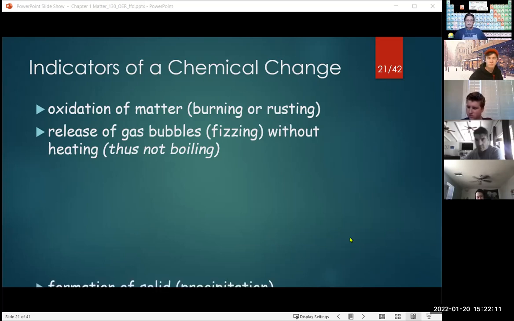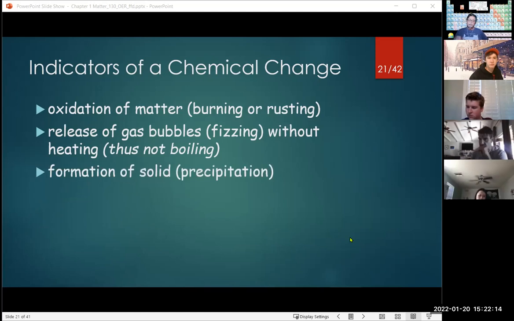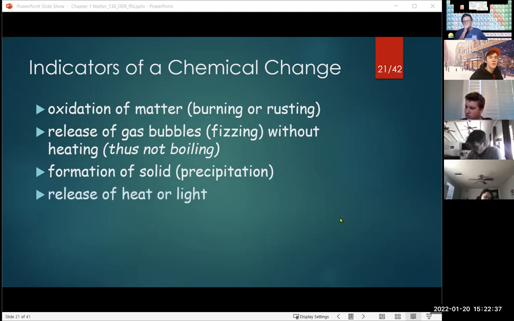Chemical change. You might get two liquid solutions that are clear. They may be colored or not colored, but they're clear. And the moment you mix them together, you get a solid, a precipitate, a formation of a solid. We call that a precipitation. That's a good indication that a reaction process, a chemical process, occurred. So you get precipitation. Or, excuse me, you might put two reactants together and it gets hot to the touch.